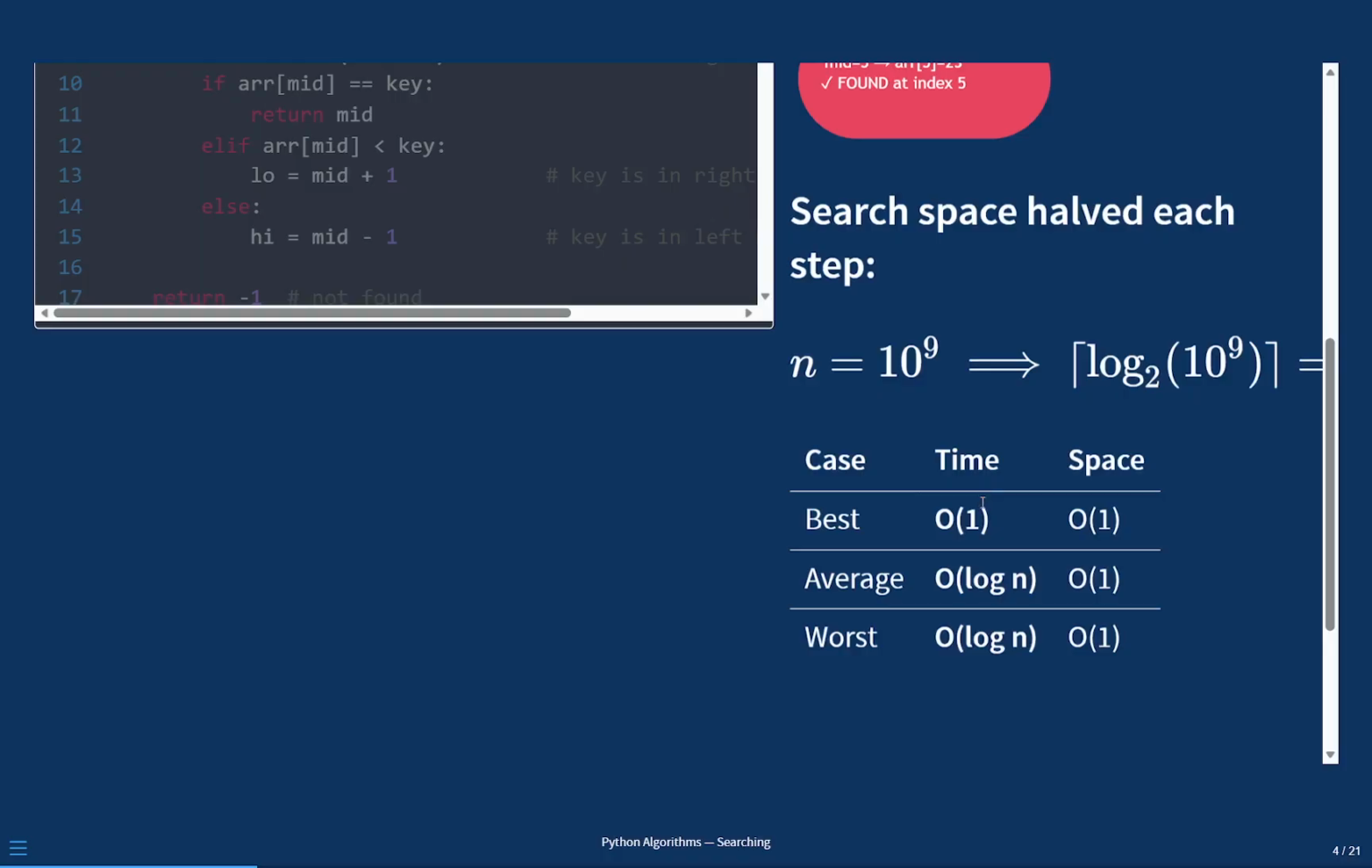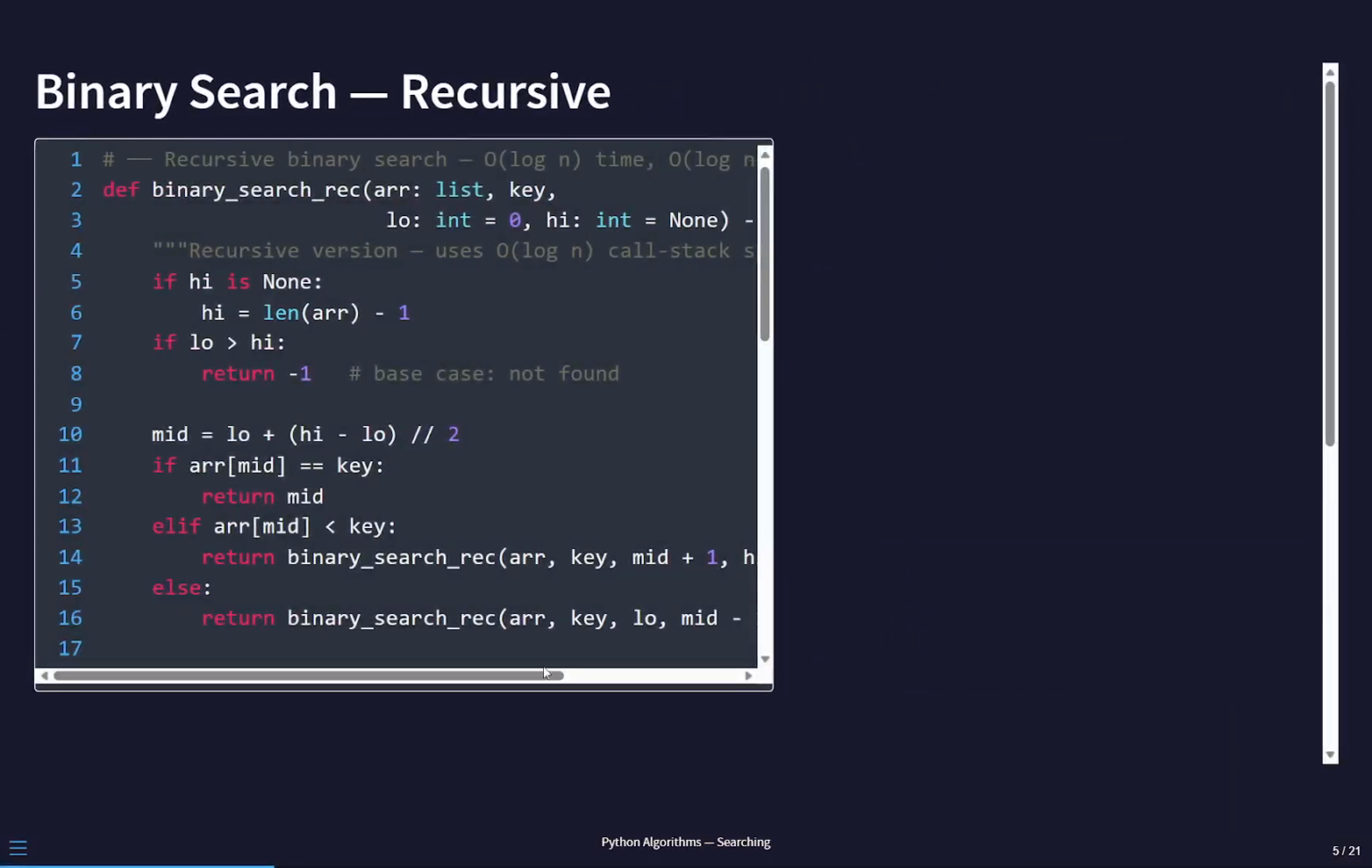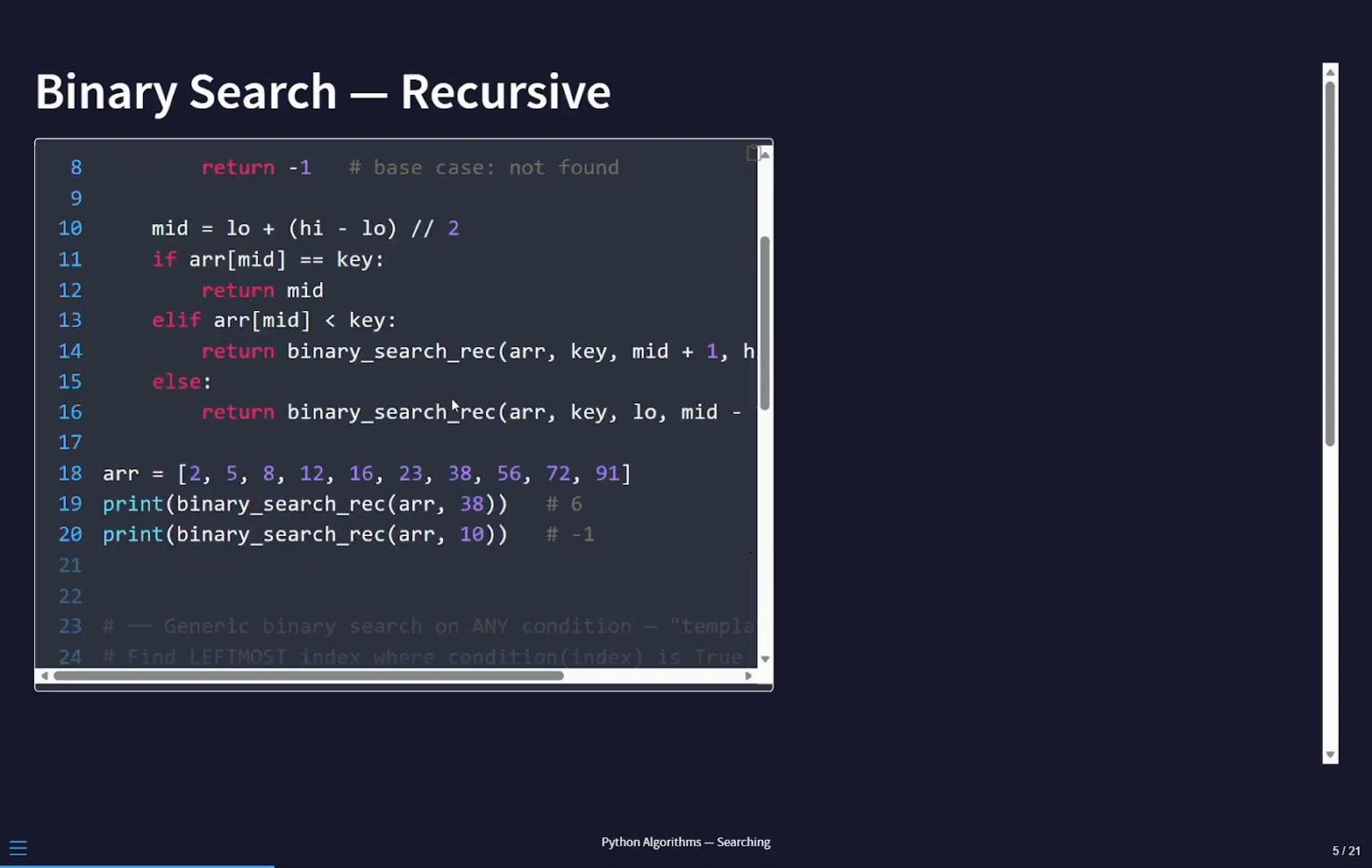Next. The recursive formulation of binary search maps more directly to its mathematical definition. Same logic, different style. Click binary_search_rec. It takes low and high as default arguments, defaulting to the full array on the first call. Base case, low greater than high. The window is empty, return -1. If high is not provided, initialize it to the last index. Then the same three-way comparison as the iterative version, but each branch returns a recursive call instead of updating a